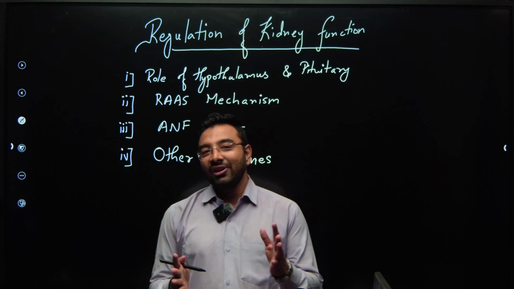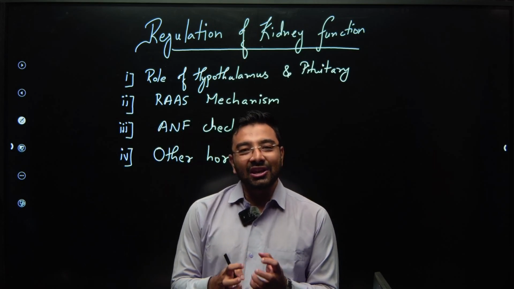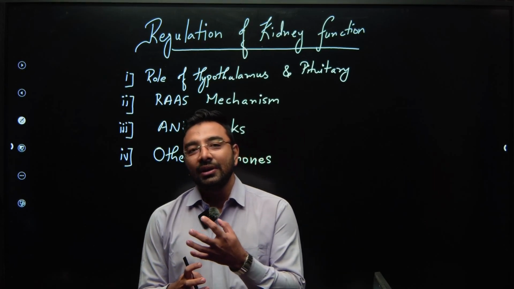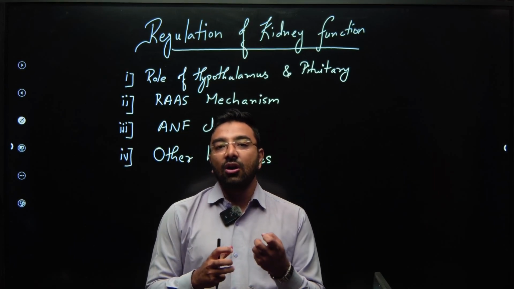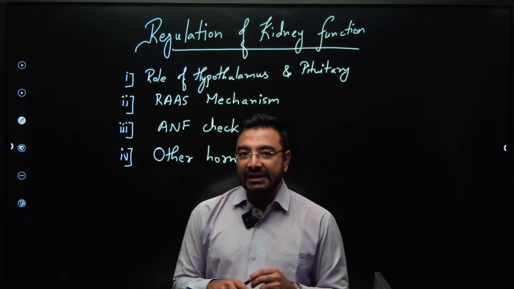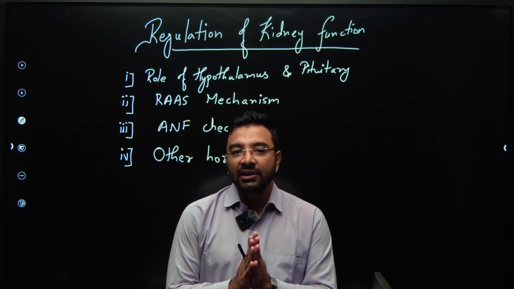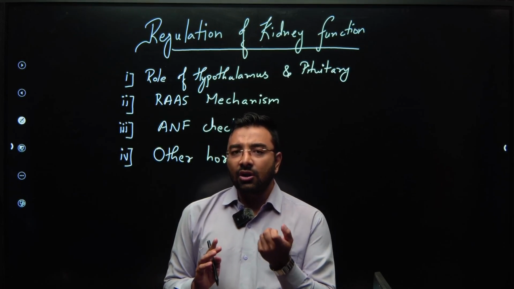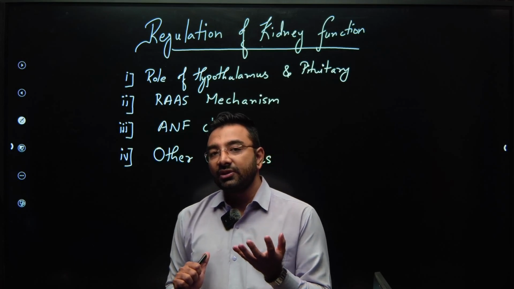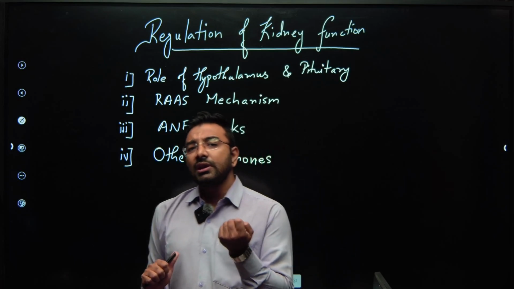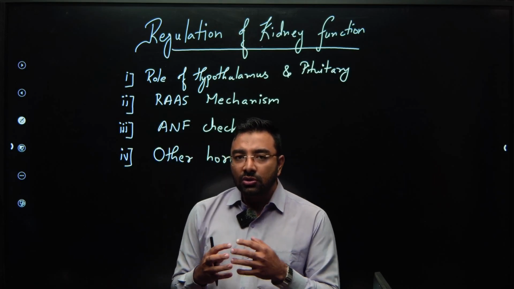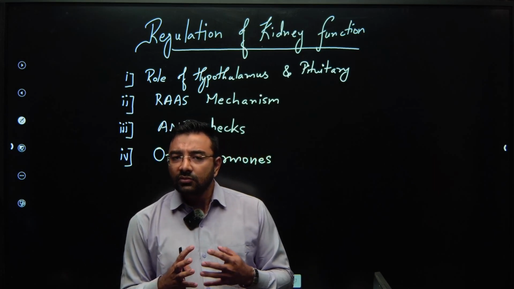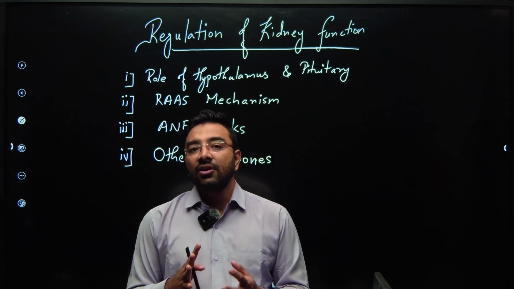Hello students. Today we are going to learn about how the functioning of the kidney is regulated, how various factors are involved in balancing the functioning of the kidneys. First of all, we have to understand that kidneys have a lot to work throughout the day. Our kidneys filter out almost 180 liters of glomerular filtrate and produce only a fraction of it as urine. So there is a continuous cycle of reabsorption, tubular secretion, and there are various checks and balances which maintain this